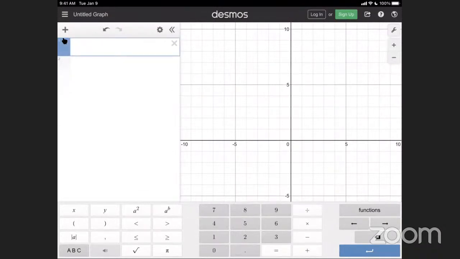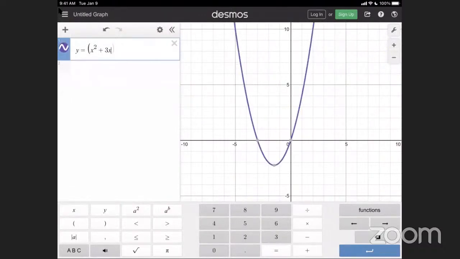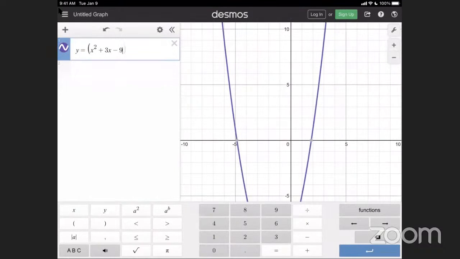How do I do the y equals on here? Y equals. So I'm going to punch in what we just did there, which was what? X squared plus 3x minus 9. Is that the one we just did? Yes. X squared plus 3x minus 9. So there's that, and then times e to the x. So let's see, where's the e to the x function?